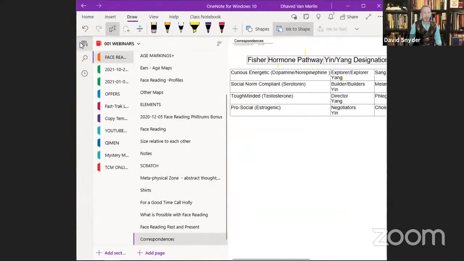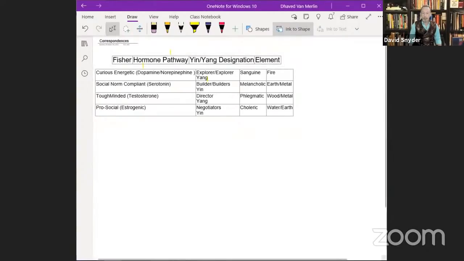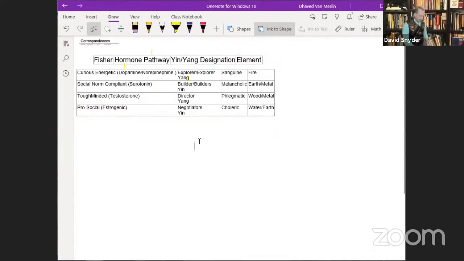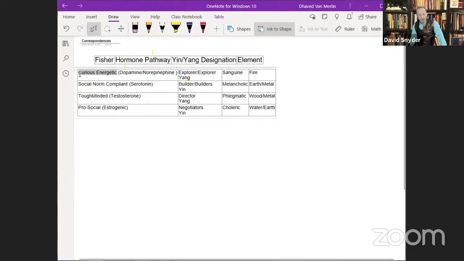Okay, there we go. This is just a quick chart that I put together. I taught my Soulmate Secrets class a couple weeks back, and this is what I taught them. People who are very strong in dopamine and norepinephrine are known as curious, energetic types. If you were to take the Fisher type indicator, it would show, based on the questions you answered, a predominance of dopamine and norepinephrine. These people qualify as an explorer type. These are very yang. They correspond to the sanguine personality type from the Greek Hippocratic system, or the fire element in Chinese